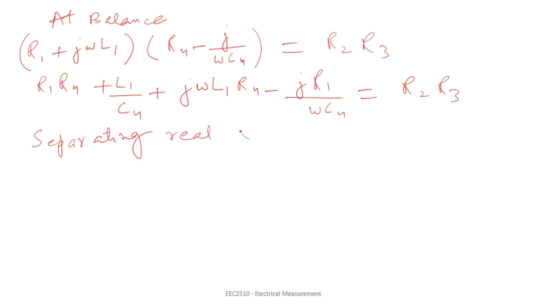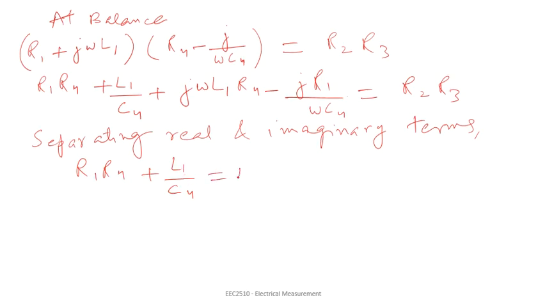What you will get after separating the real and imaginary terms is R1 R4 plus L1 over C4 equal to R2 R3, and L1 equal to minus R1 omega square R4 C4. So you solve the above two equations